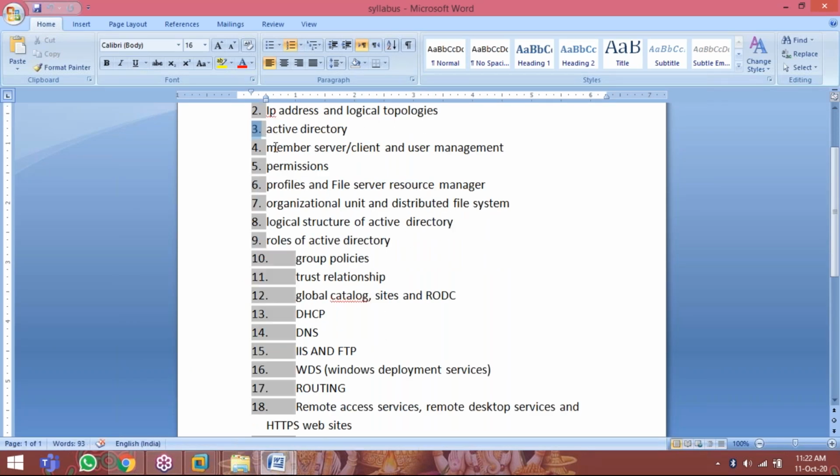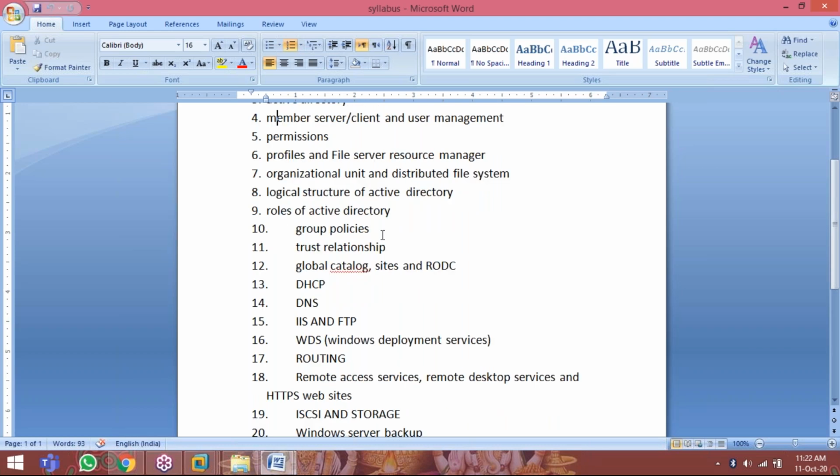Then we go to Active Directory, member server or client, user management, permissions, profiles, FSRM, File Server Resource Manager, which means assigning quotas to users and restricting how much space they are using. Then organizational units and Distributed File System, the logical structure of Active Directory like main domain controller, additional domain controller, subdomain controllers, the roles of Active Directory, group policies, and trust relationships between two servers.